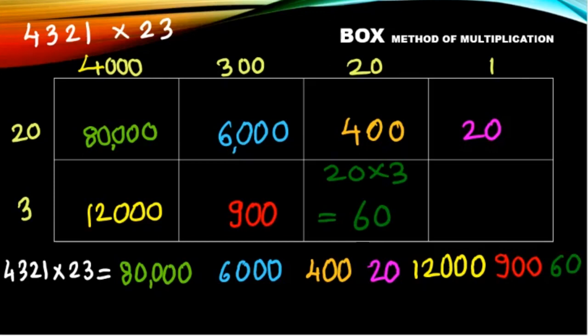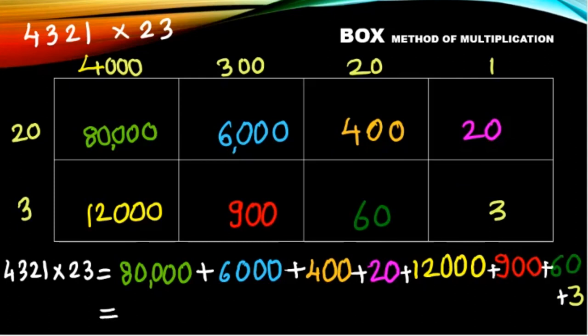So we have to write down 60, and in the last rectangle we got 1 into 3, that is 3. Now we are going to add all the numbers for the answer, and after adding all the numbers we got here the answer